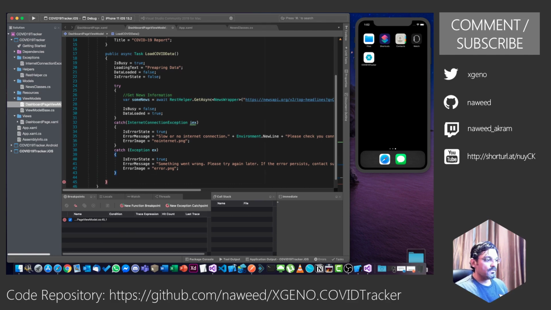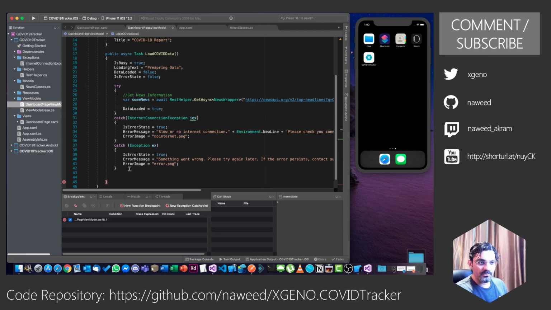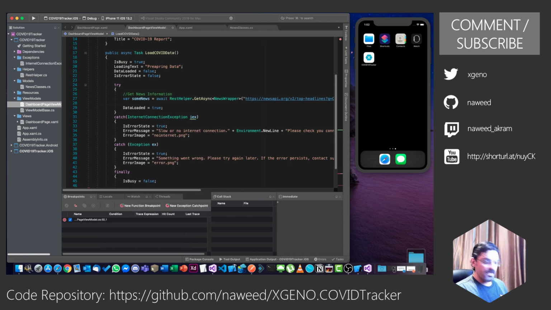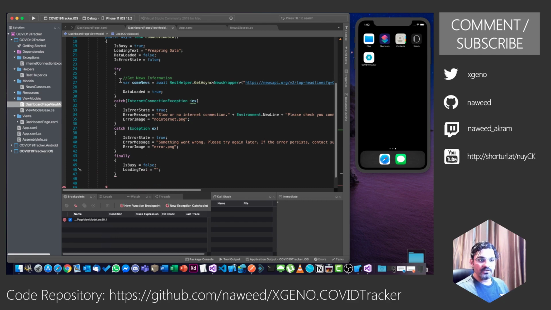And finally, once everything is done, let's move this out. We will do this in the finally block. So once everything is done, I want to set the IsBusy indicator to false and loading text to an empty string. The reason I moved it out from here, otherwise I would have to do this in each of these exceptions.